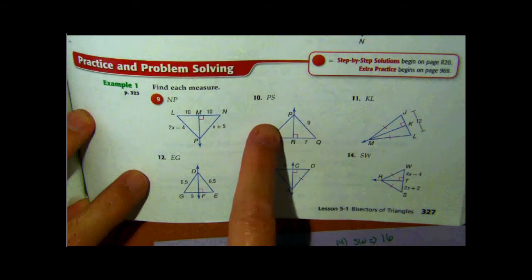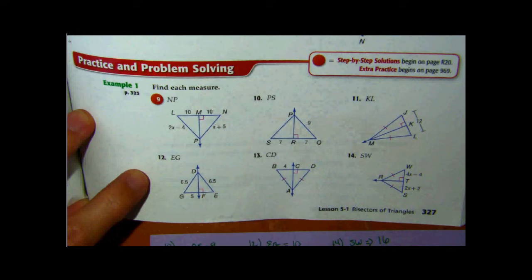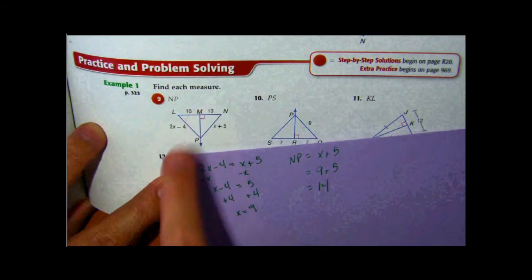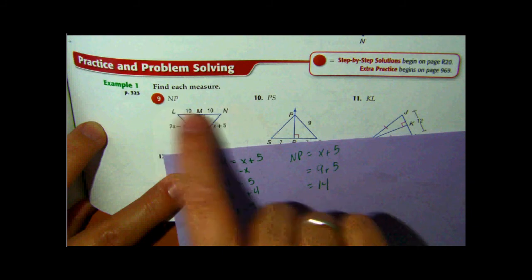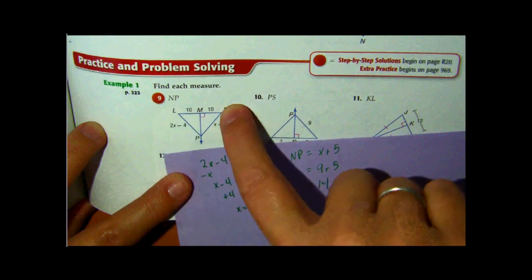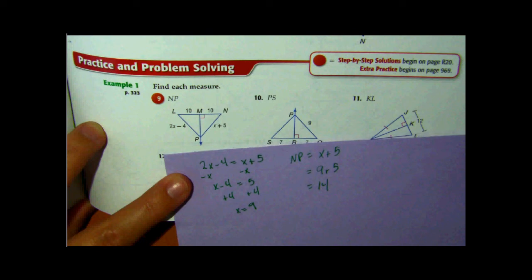Which one? That one was 9, so this one was 9. So if these match, these match. Oh, NP, we did that one here. Because these two match, that means these two match, so I set them equal to each other and solved it, and I got 9 for x. And then I wanted to know NP, which is this length here. So I plugged in the 9 and did 9 plus 5 to get the 14. Okay? Okay, so